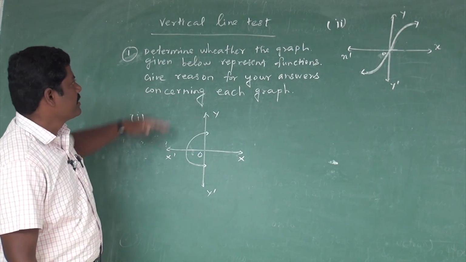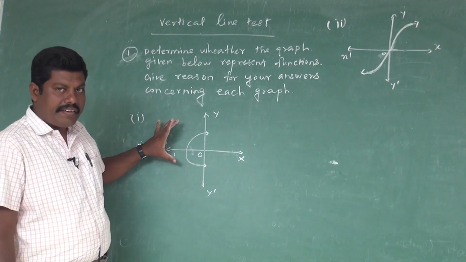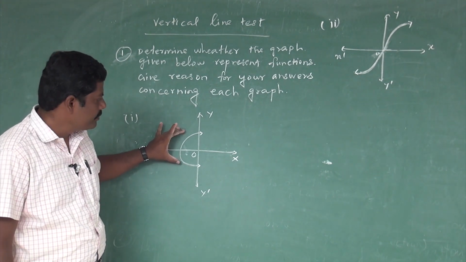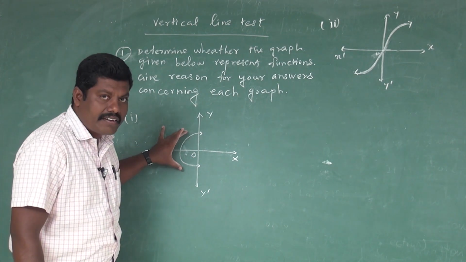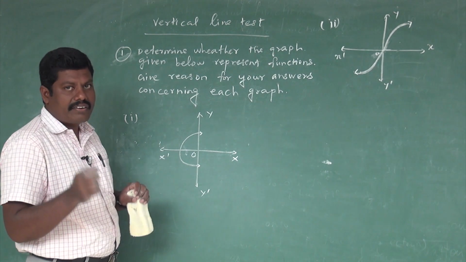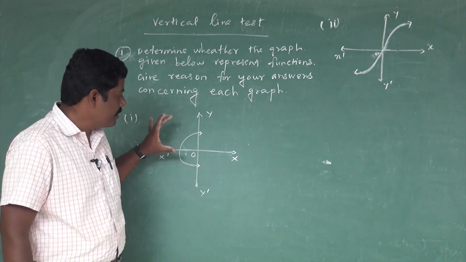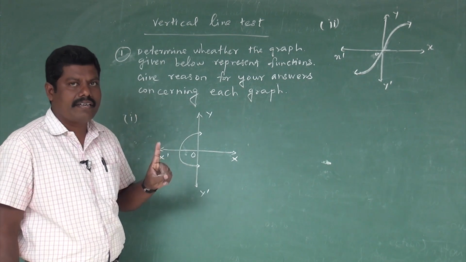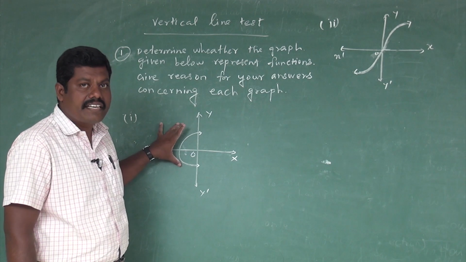So next we are going to discuss the vertical line test. Every vertical line that cuts or intersects the curve at one point is called a function. Otherwise it's not a function. The curve is there. You draw one vertical line. Not only a single vertical line: every vertical line must intersect the curve at most one point for it to be a function. Otherwise this curve does not represent a function.